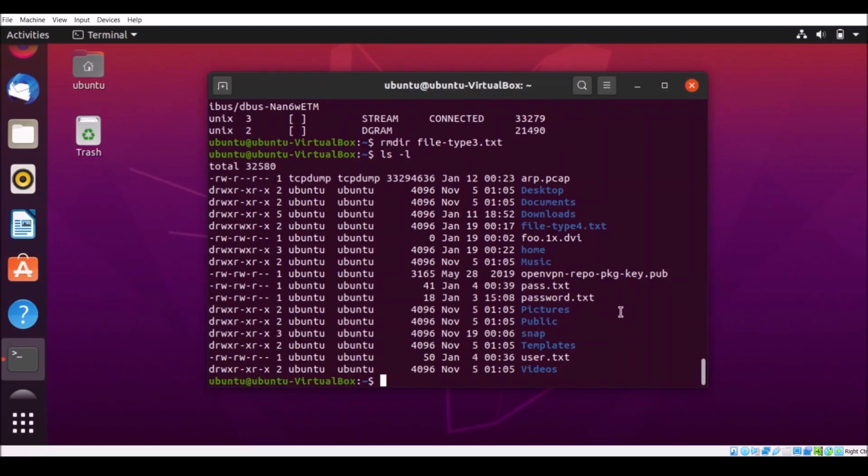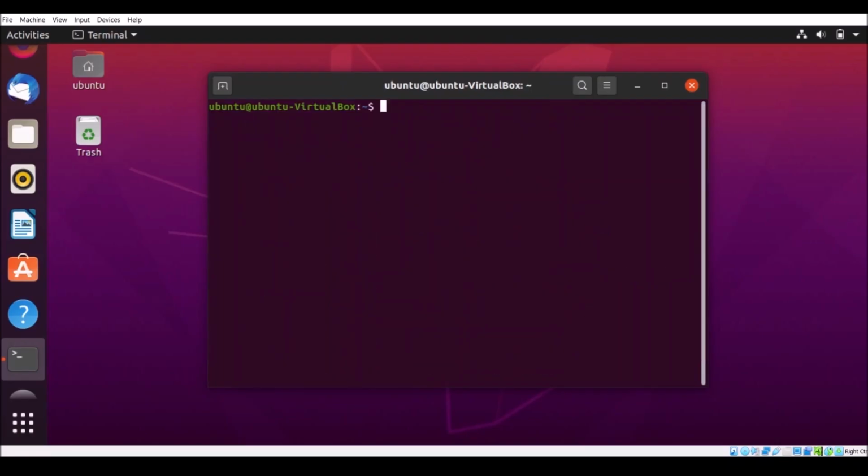So in other moments, you can actually see the file space type 3 is actually going forward. Now, the next command I'm going to be showing you is the command touch to create an empty file. So I will just quickly clear my screen again. Type in the command touch and file name,